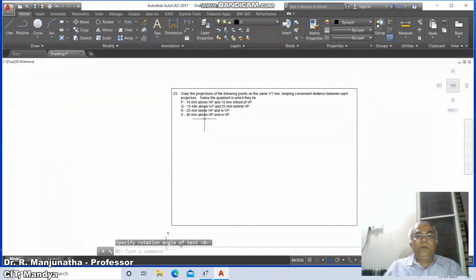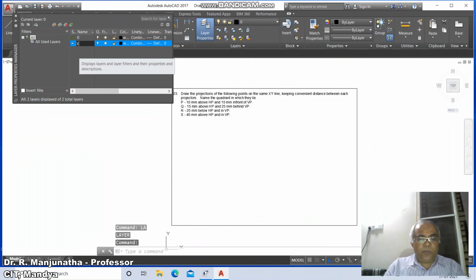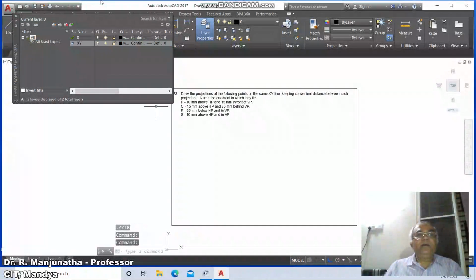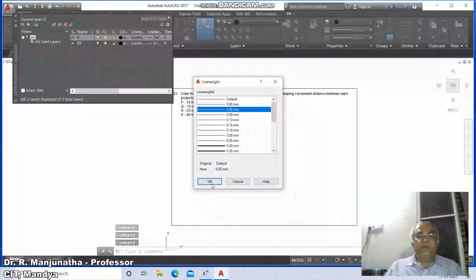So now we'll go for a layer and click on new layer and mark this as XY, enter. Line weight as the default, select this as 0.13 and then go to default and select this as 0.05.